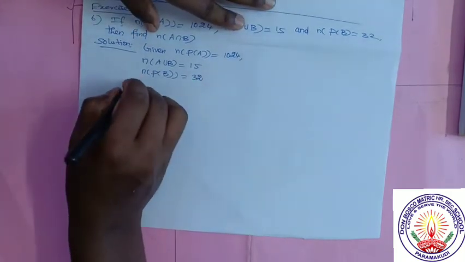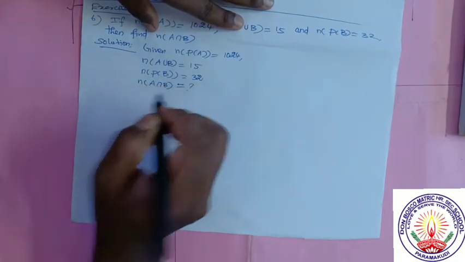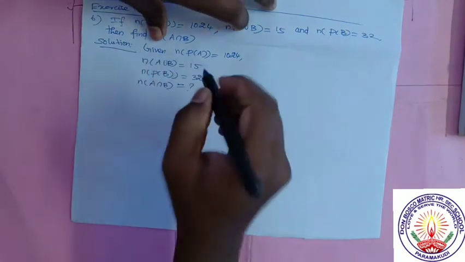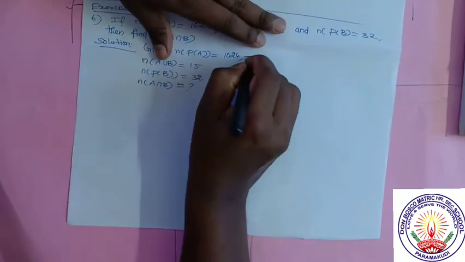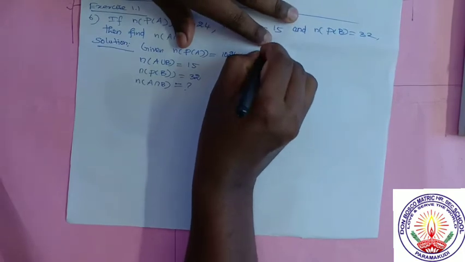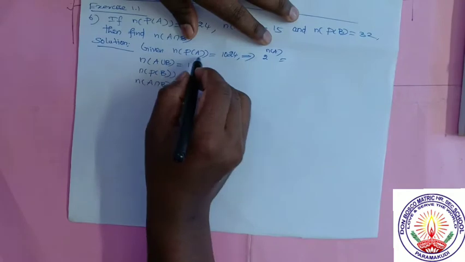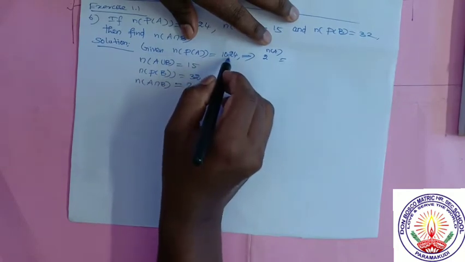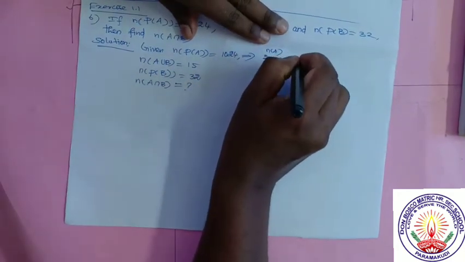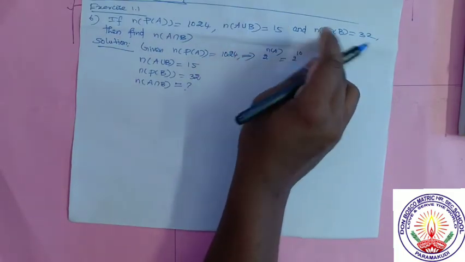What is our question? n of A intersection B is equal to question mark. n of P of A is equal to 1024 means, what is the n of P of A formula? It is 2 power n of A. Since 2 power n of A is equal to 1024, and 1024 is equal to 2 power 10, because when you factorize 1024, you will get